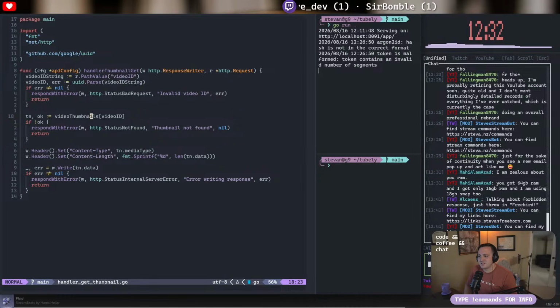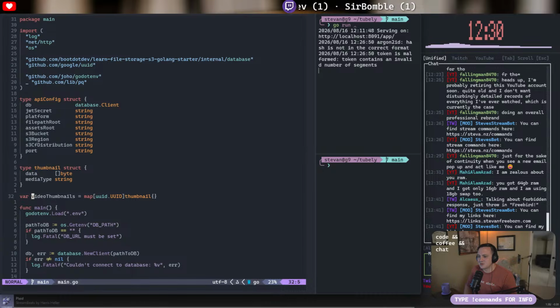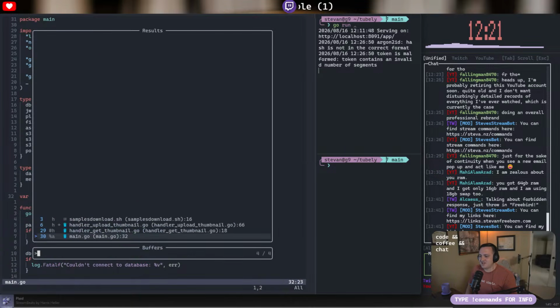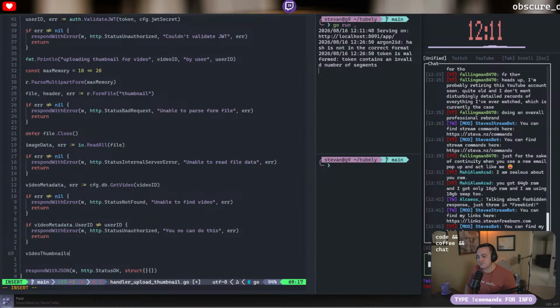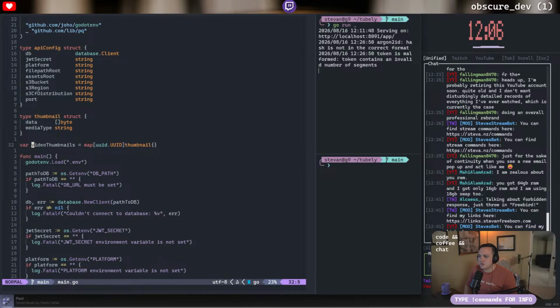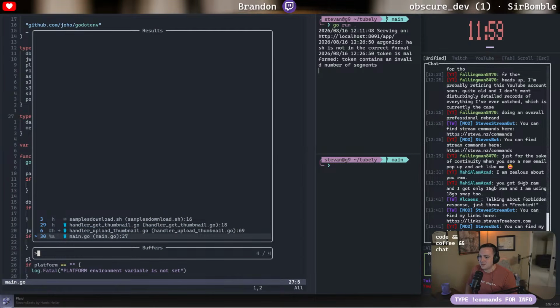So how does this exist? Oh, so this is just accessible anywhere because it's in the global namespace of the package? Huh. I guess I missed that part when I was learning Go for the first time. So we can literally just say video thumbnails. So this is a UUID and then the thumbnail struct, which has the data and the media type. So we will do